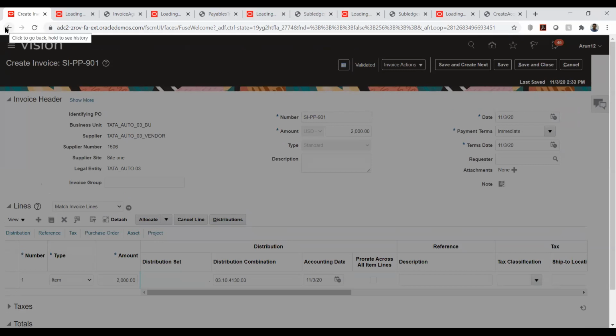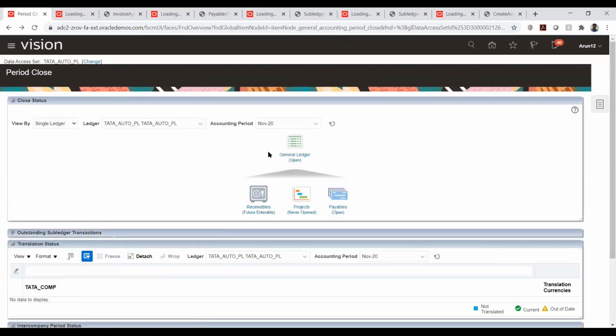Okay, maybe I'll try to check in a different instance. So for now, we'll just pause the prepayment alone, and we can see the remaining part.